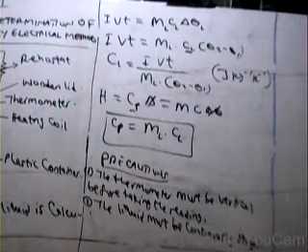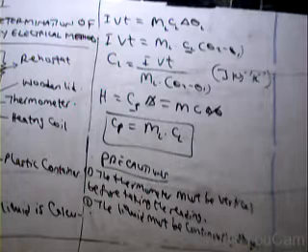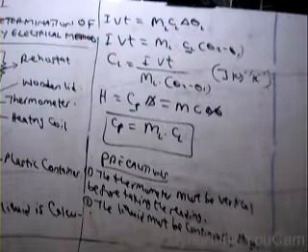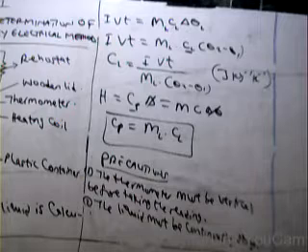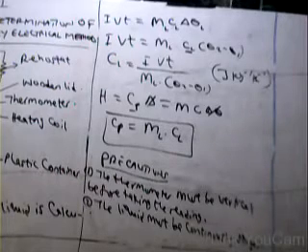And four, avoid parallax error while reading the ammeter and voltmeter. So this is where we are going to draw the line for today. Next time we are going to look at another experiment to determine the specific heat capacity of a liquid through the method of mixture. Thank you.